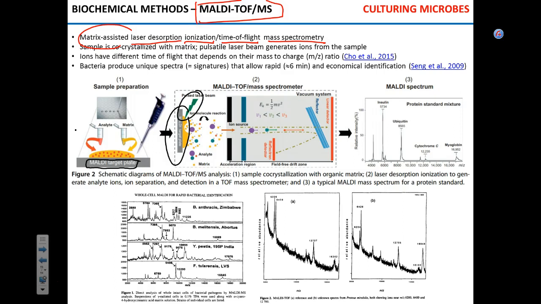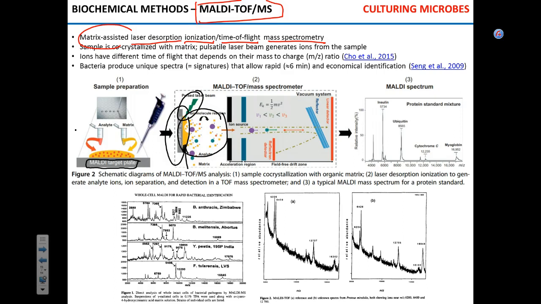So look here. This green lightning is laser. It hits the matrix. A lot of power, right? So all the stuff in the matrix, including your sample, gets in some kind of vapor. It's not really vapor, but close enough. Does that make sense? It flies around. We good? Is that understood? Don't look for something more complicated than I'm trying to tell you. Okay? So it all flies around.